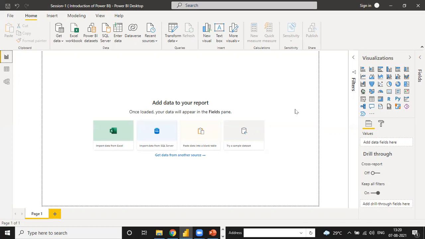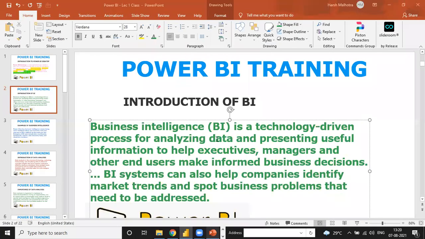Suppose there is an error in a function, then how do you resolve that error in Excel? But in Power BI, if there is any error, you can directly drag and drop, and the report is automatically published or maintained. So that is the reason Power BI is an intelligence tool, because in Power BI we make reports or dashboards in an easy manner. And the company needs it because it takes less time compared to Excel, and the file is smaller. Suppose your Excel file is 1 MB, then the Power BI file is just 100 KB, meaning 10 times smaller than the Excel file.